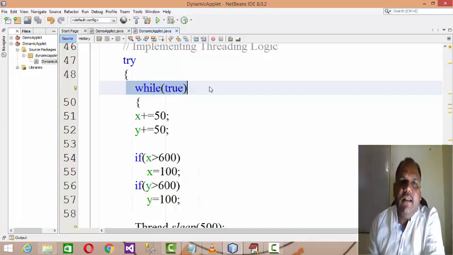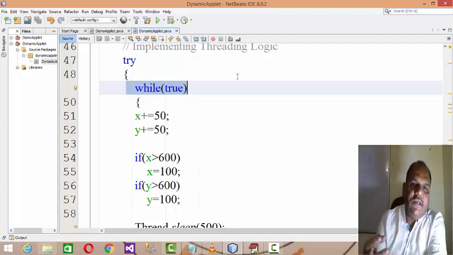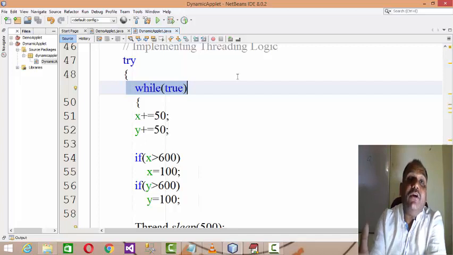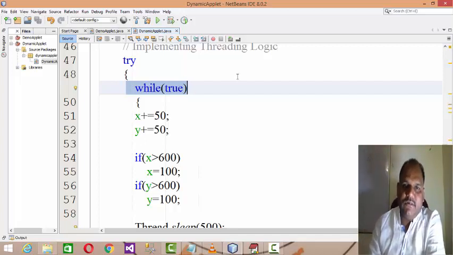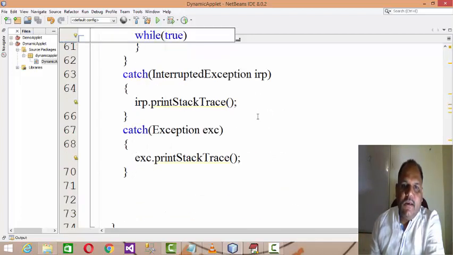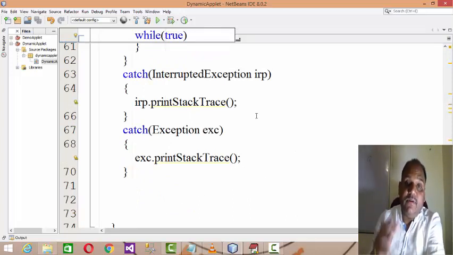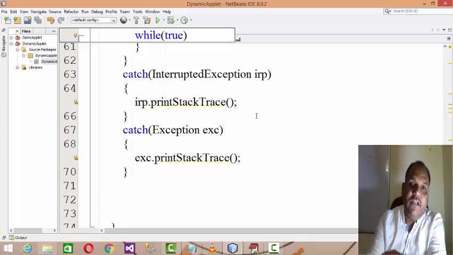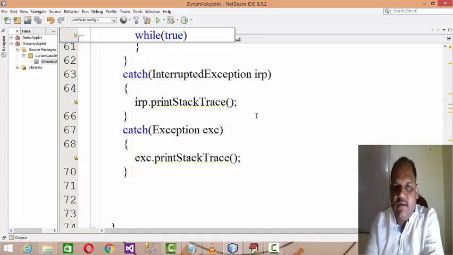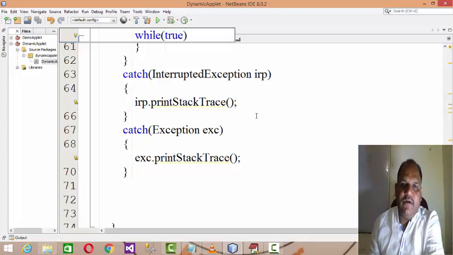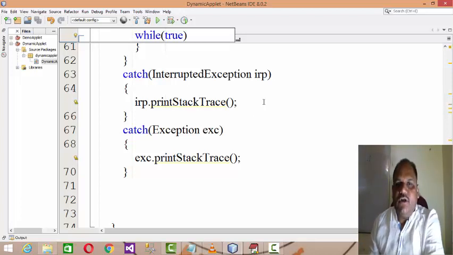You can further enhance this logic, I am just giving the basics of it. By enhancing this logic, you can develop better animations, and even games can be produced using applet, right? Hope you understand this. And if you have any difficulties understanding, revisit the sessions on applet and threading, how we implement threading using the interface, and by the combination of applet designing and threading, you can develop dynamic applets, right? Hope you understand this. Thank you.